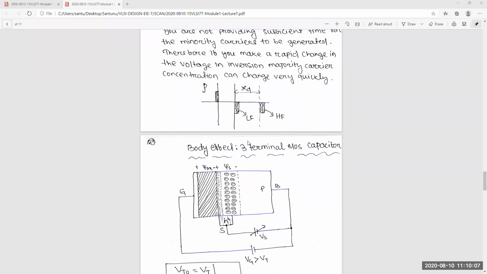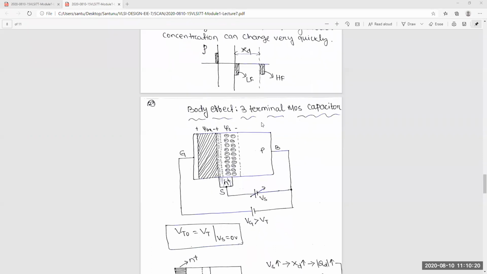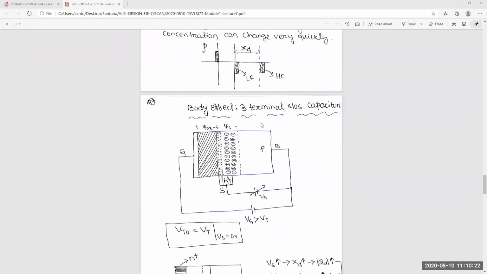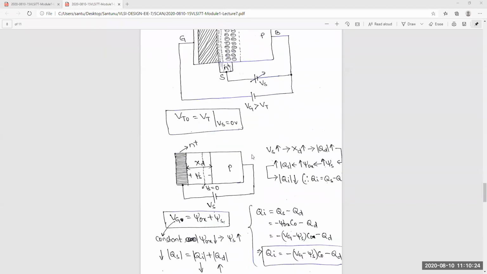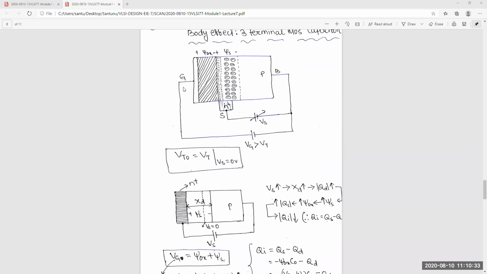Just say whether it's VGS increasing. Okay, threshold voltage will increase. So that thing we'll discuss here: how threshold voltage increases or decreases or stays constant. One by one, I'll say, just see these things. Now suppose this is constant: Vg is greater than Vt, that is constant.